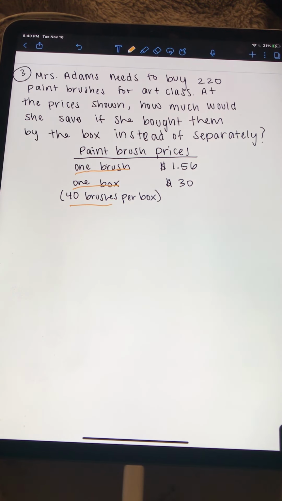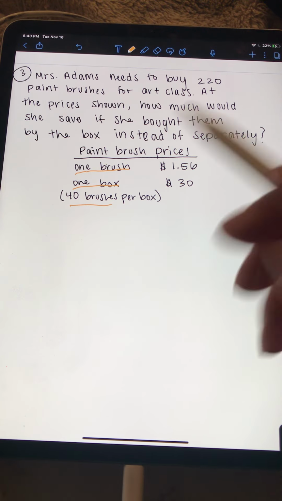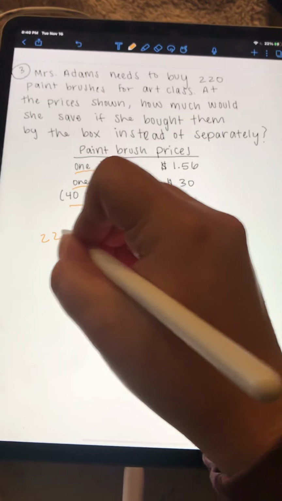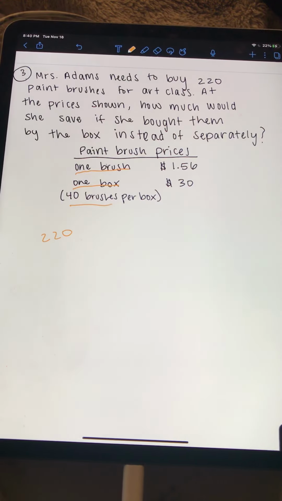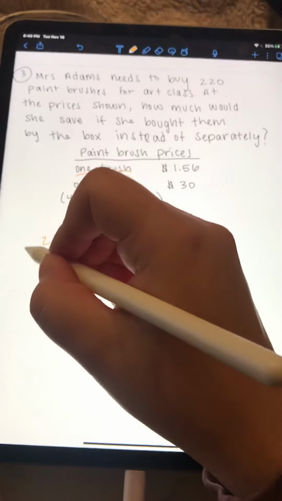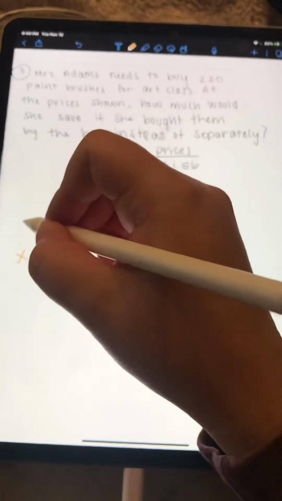So this says Miss Adams needs to buy 220 paintbrushes for her art class. At the prices shown, how much would she save if she bought them by the box instead of separately? And so I like what you thought. We're going to do multiplication, right? That's what we've been doing. We're going to take the number of paintbrushes she needs, the 220, and we're going to multiply it by the cost, right? We're going to multiply 220 by